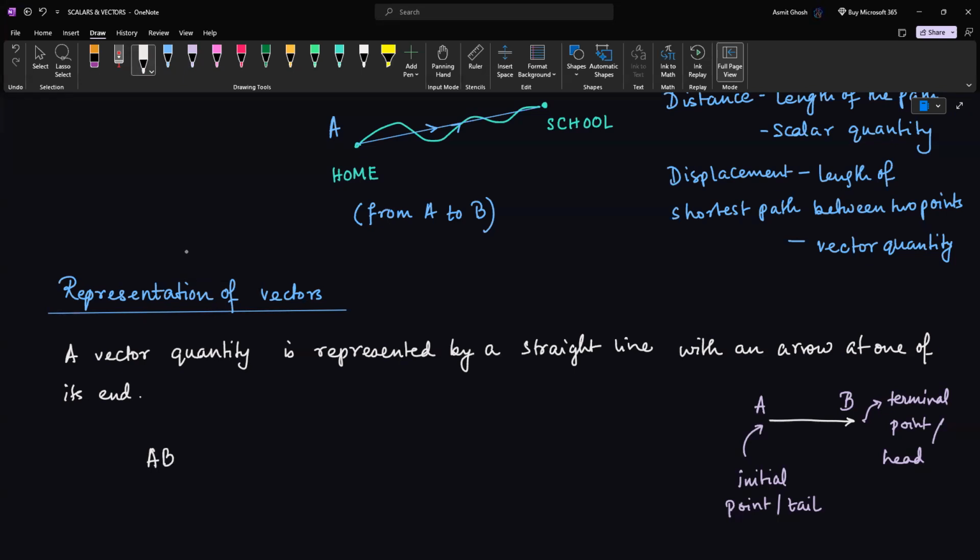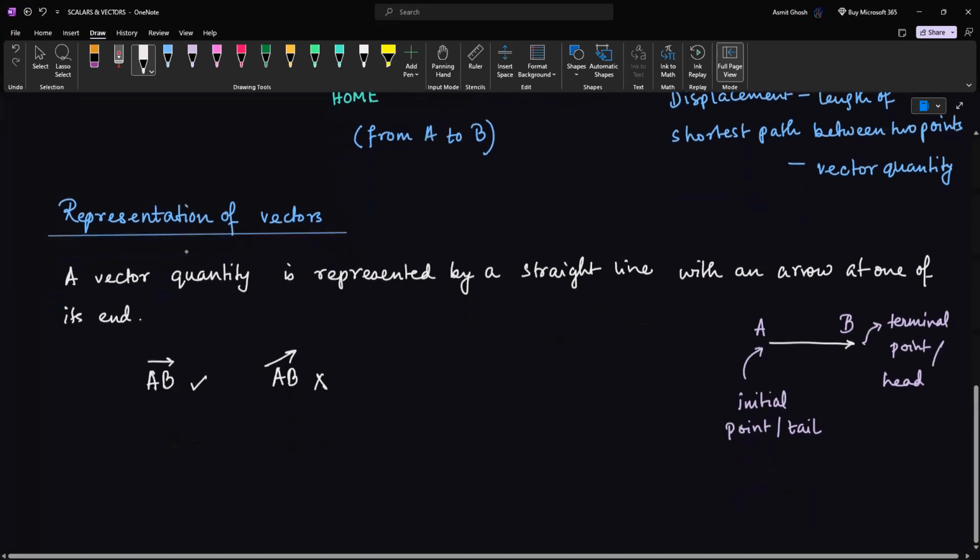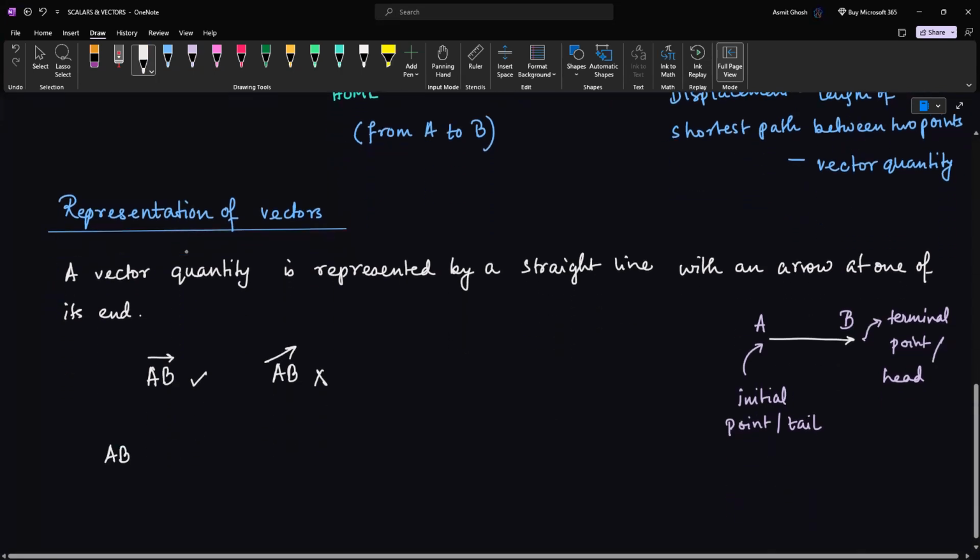And to write it, we represent it as an arrow mark at the top. This arrow mark is not actually dependent upon the actual direction of AB. So we are not going to use this if AB is like this. No, we are not going to do that. It's a wrong representation, whereas this is a right representation. These are mathematical representations. So we can write AB